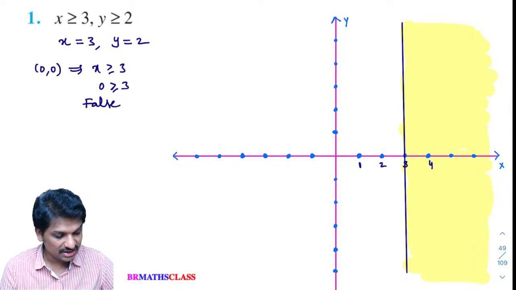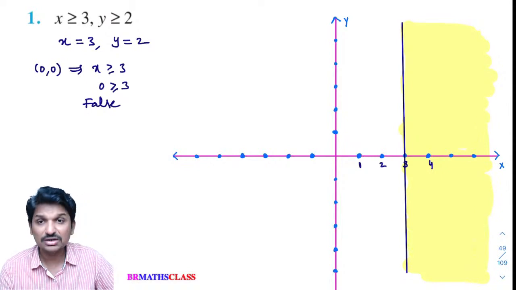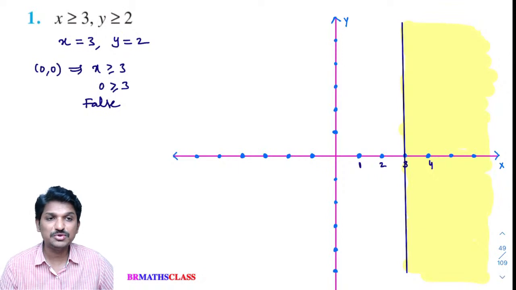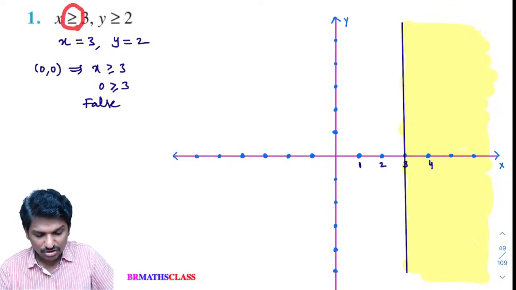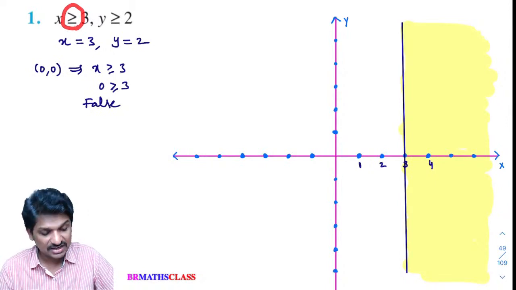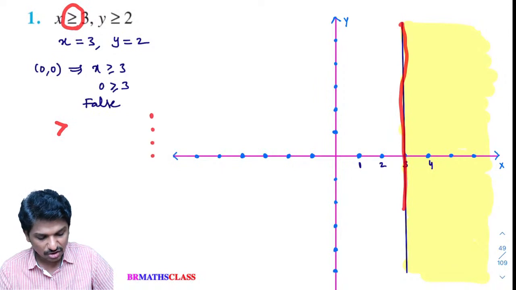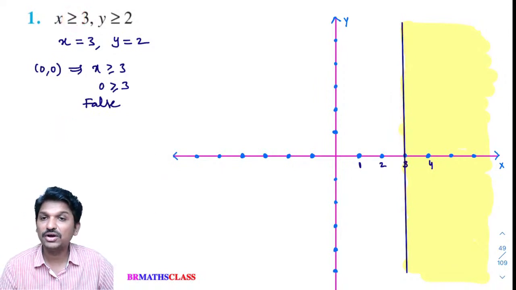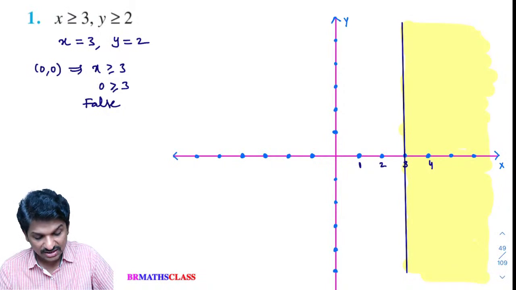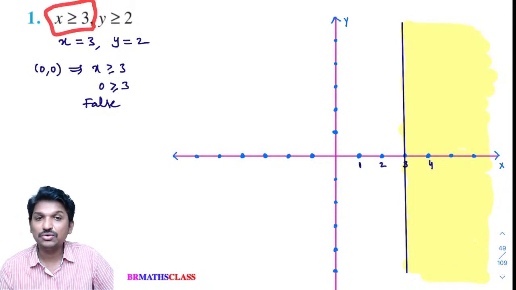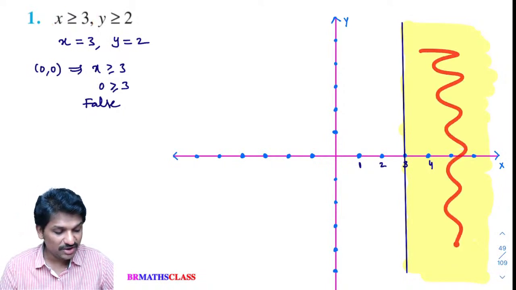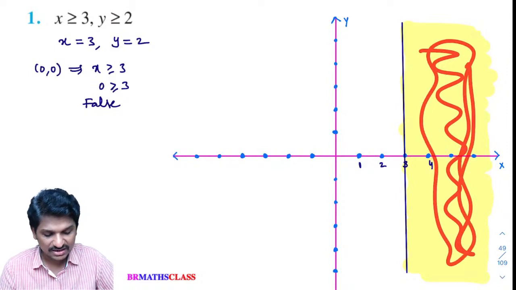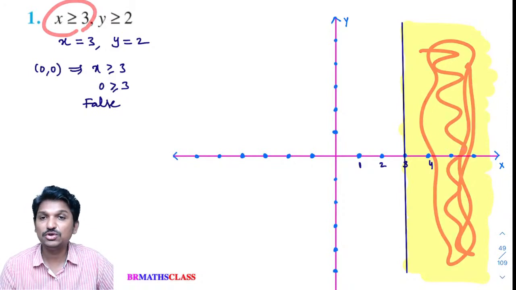You can observe one thing from the last class. If you have not watched the last class, that means exercise 6.2 problems, then you may feel difficulty here. Here greater than or equal to is there. When greater than or equal to is there, at that time we will draw a normal line. In case it is strictly greater than, we will draw a dotted line. Okay, good. So the first inequality is over. You take any x value in this zone, that x value will be greater than 3 only. If you want, you can check.